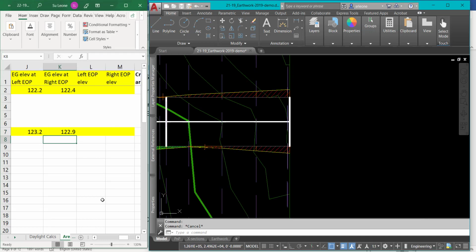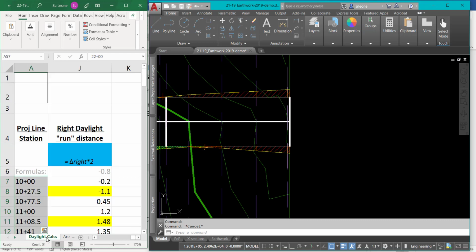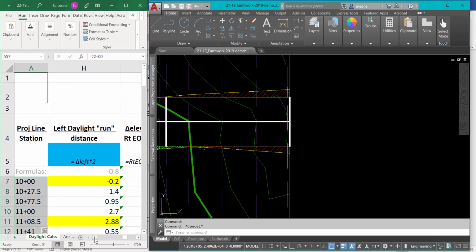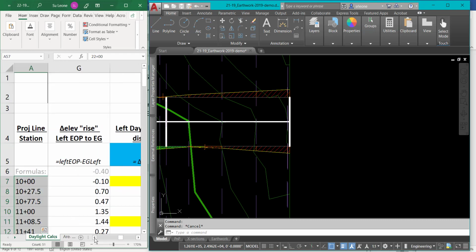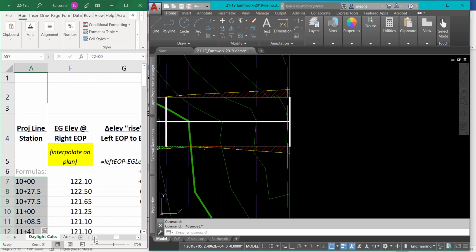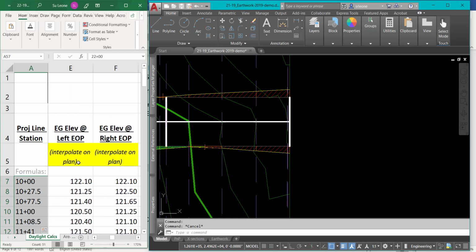Now I need to look on my daylight calcs for the left edge of pavement. Okay. This is what I interpolated. So 122